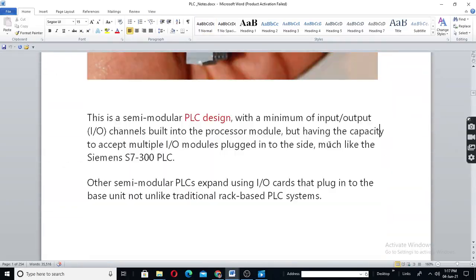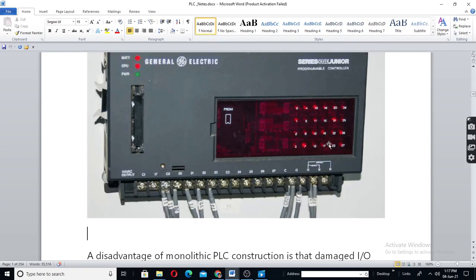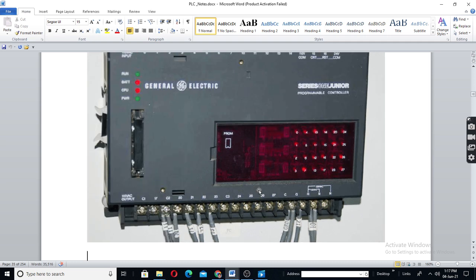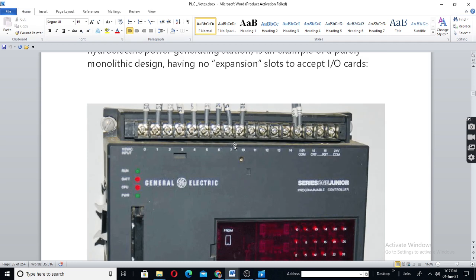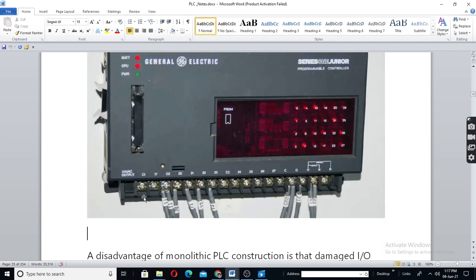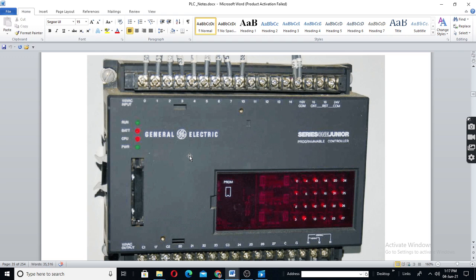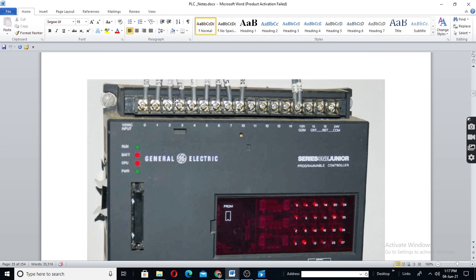See, the output terminal is also called a screw terminal. Here we have inputs and outputs. Outputs are connected here, so we say input screw terminals, and here we have other terminals also.